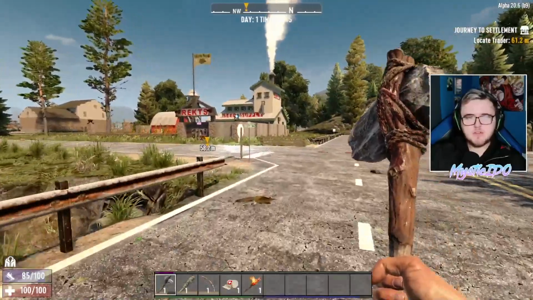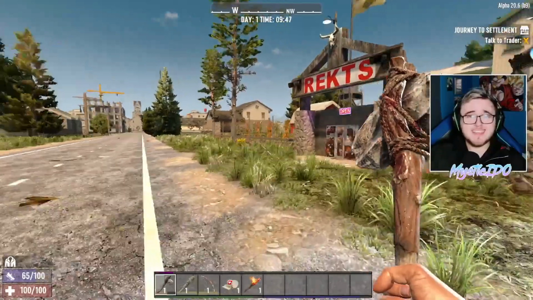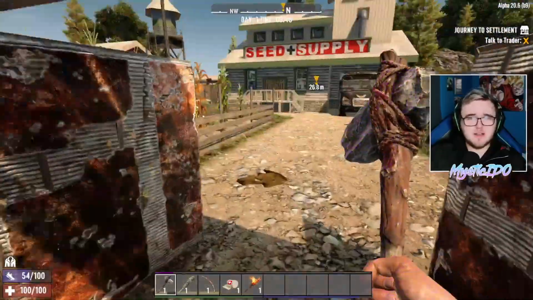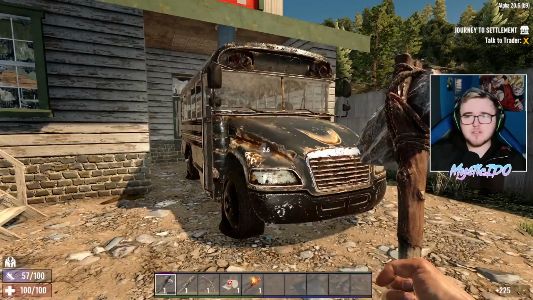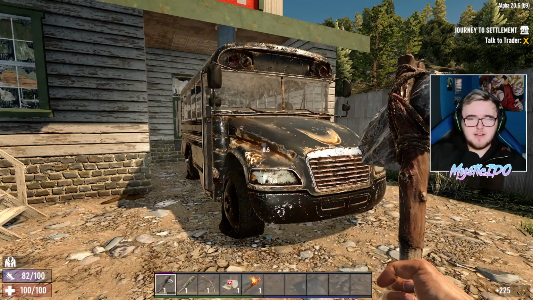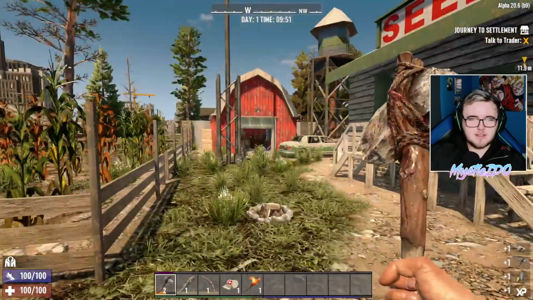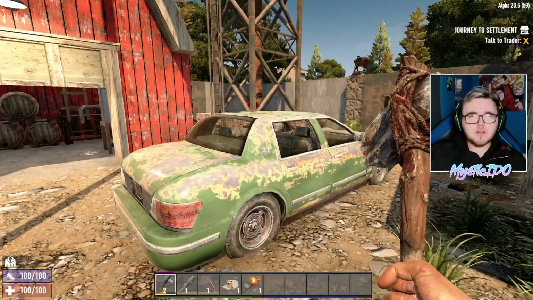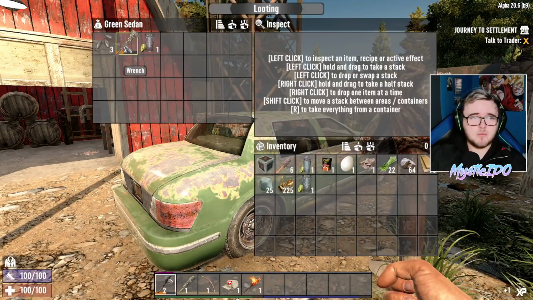So let's go to the traders here. And what I'm really wanting to do in today's episode is find a place that we can call home. And if we can do a little bit of looting and see if we can find anything good here, we will 100% take that level 2 stone axe. I'm not too sure if I want to build a base just on its own or if I want to...